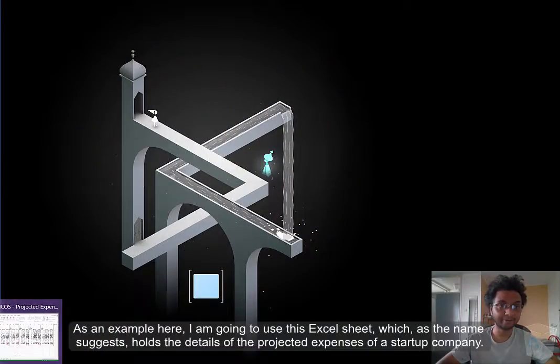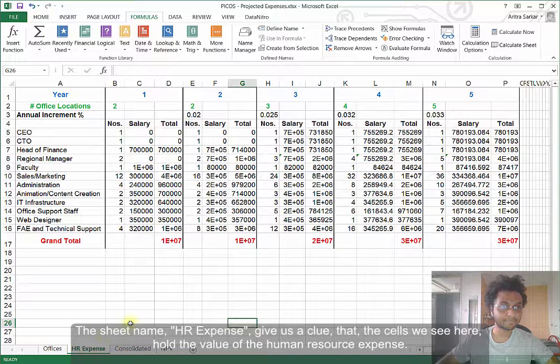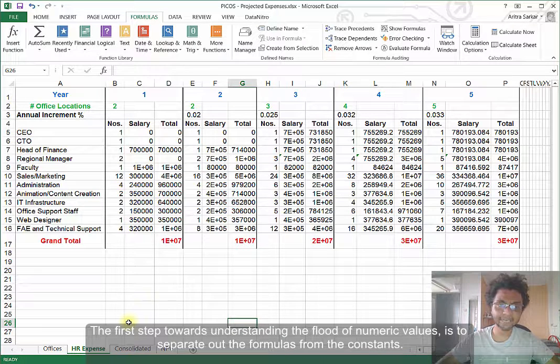As an example here, I'm going to use this Excel sheet, which, as the name suggests, holds the details of the projected expenses of a startup company. The sheet name, HR expenses, gives us a clue that the cells we see here hold the value of the human resource expenses. The first step towards understanding the flood of numeric values is to separate out the formulas from